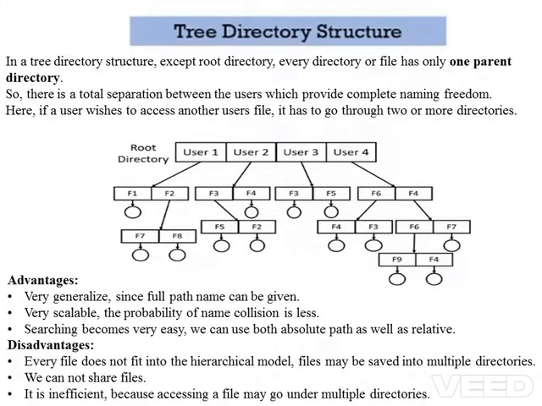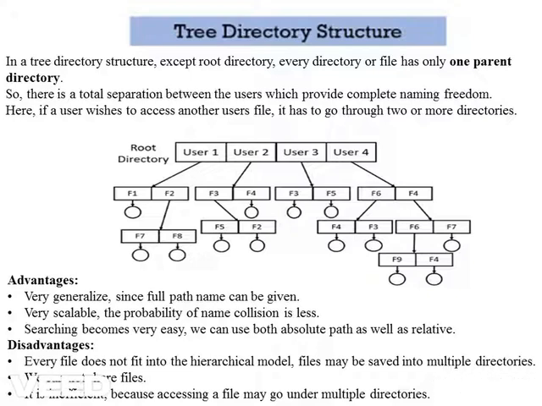The third structure is a tree directory structure. In a tree directory structure, except for the root directory, every directory or file has only one parent directory. So there is a total separation between the users, which provides complete naming freedom. Here, if the user wishes to access another file, it has to go to the root directory, that is, it needs to pass two or more